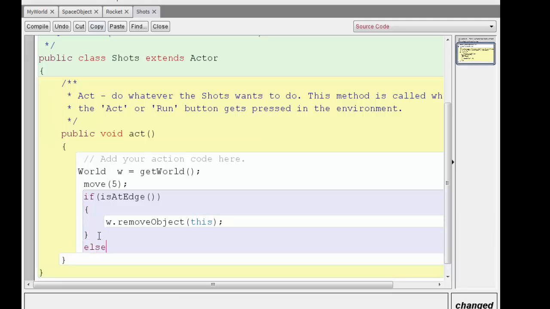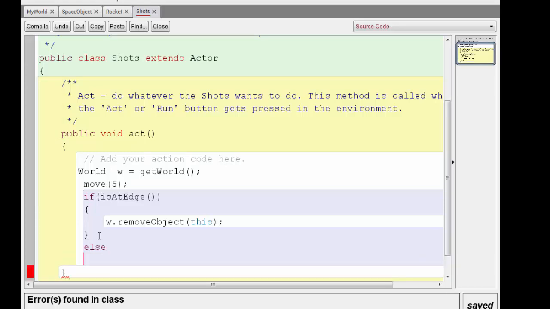So you have to put in the else part here, because it's going to do something funny if you don't put the else part there. Else, if is touching space object